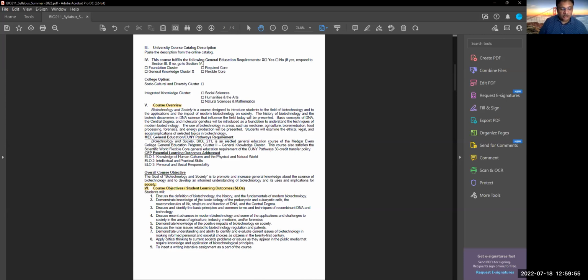So that is SLO number 2. Third is discuss and identify the principles and common terms and techniques of recombinant DNA and technology. SLO number 3 directly hints at the application of the fundamental knowledge, how we use bacteria for developing a recombinant product. Let's say a vaccine, a protein or a hormone, that we'll study in